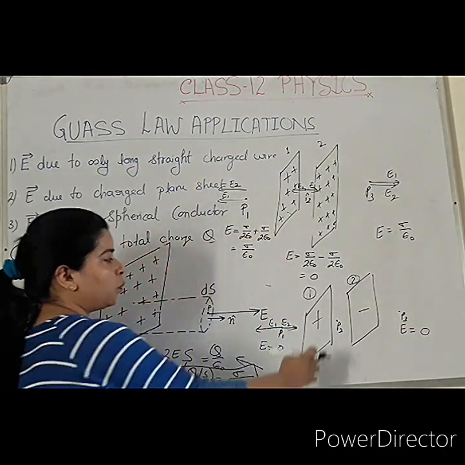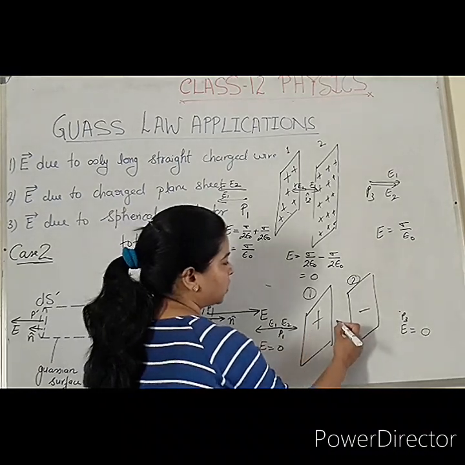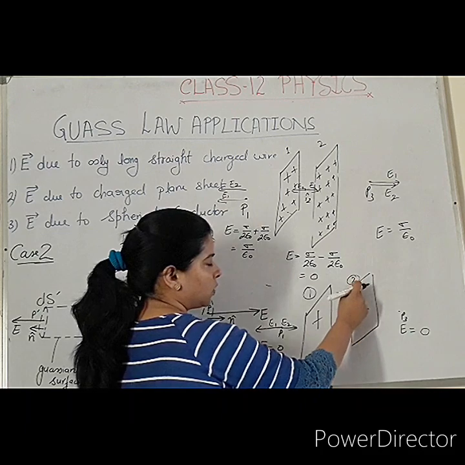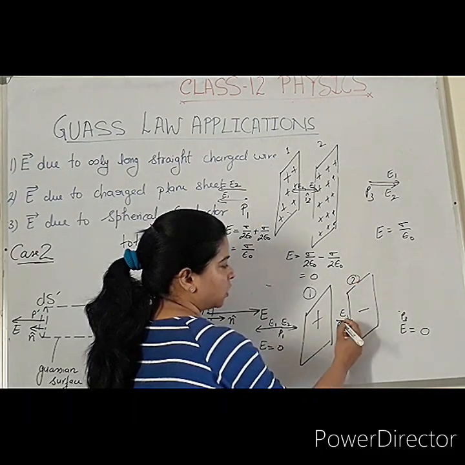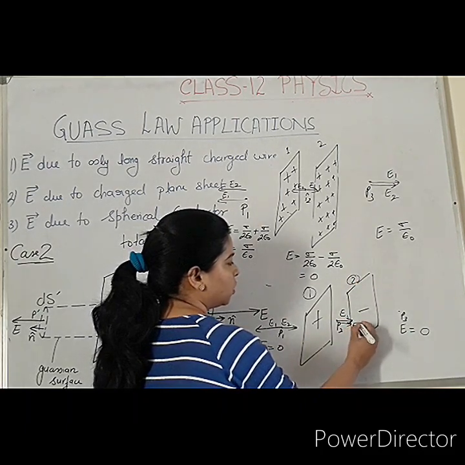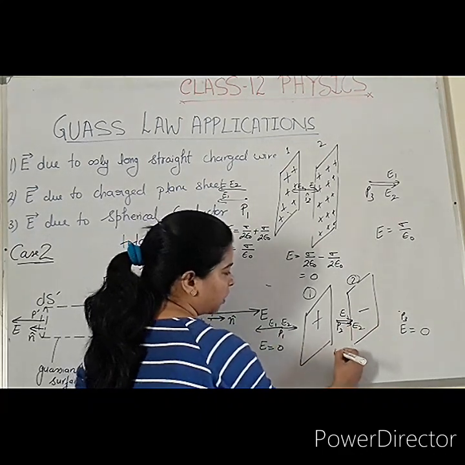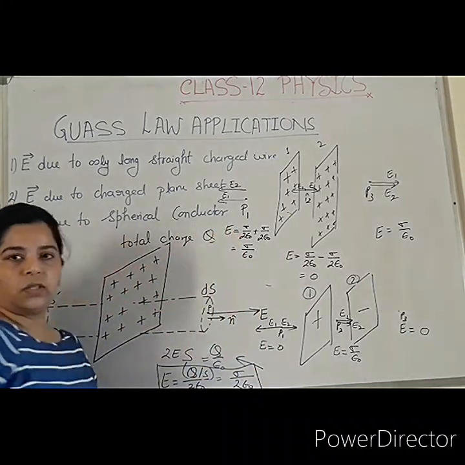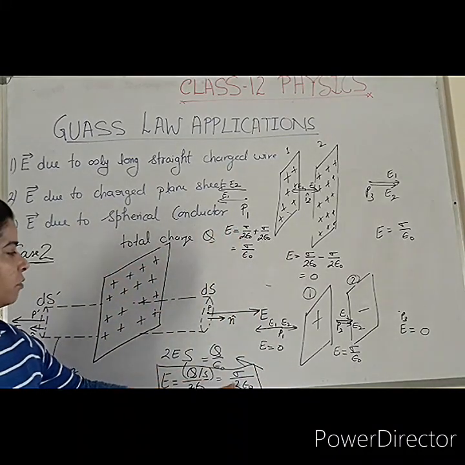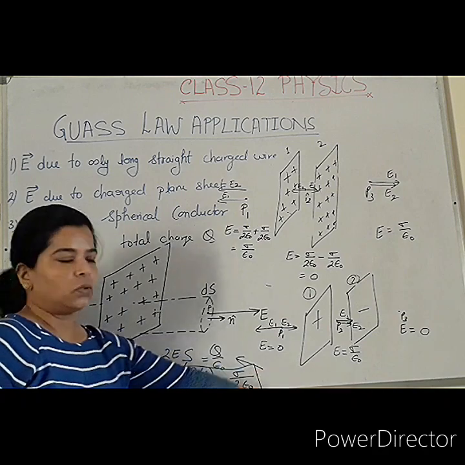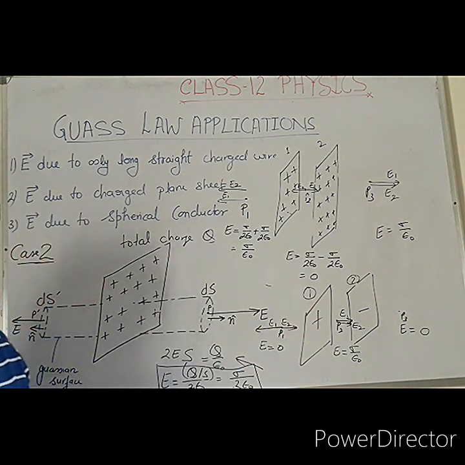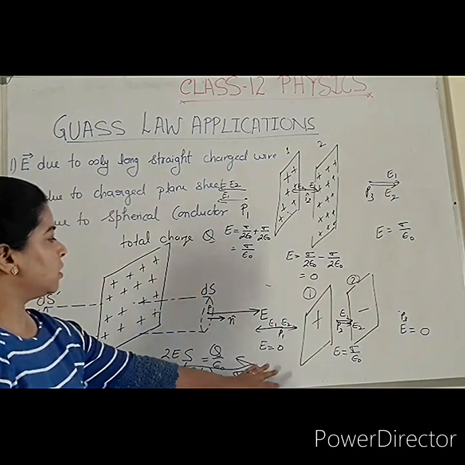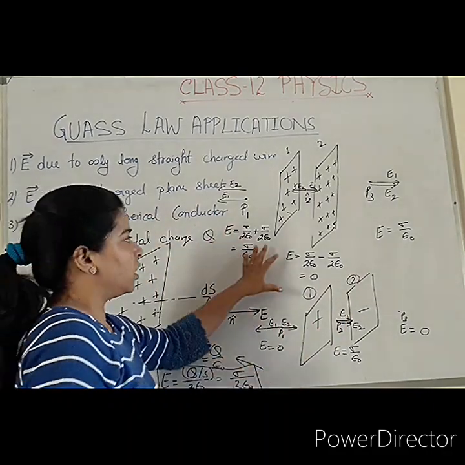Now at the P2 point, what will happen? Due to this positive charge, the electric field is towards the right due to sheet 1, and due to the second sheet, sheet number 2, the negative charge, that means towards the charge, E2 will come towards the right. So here at the middle point, the E value is sigma over epsilon naught, twice the previous value. Sigma over 2 epsilon naught is the half value, so you can take the double of this value. Both are the addition of the electric field values due to sheet 1 and sheet 2. So in this case, you can see this is opposite to case 1.